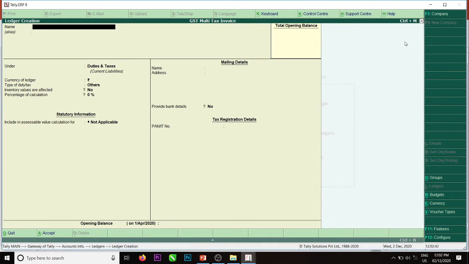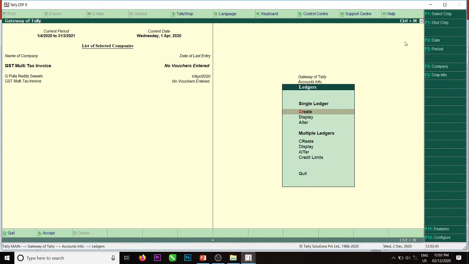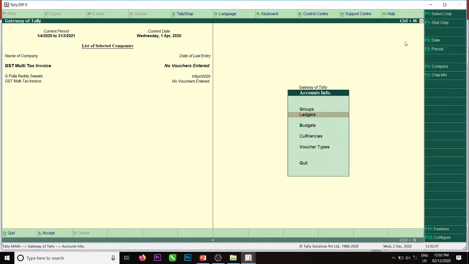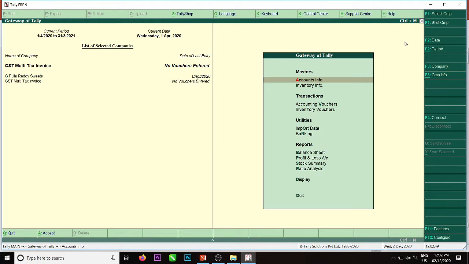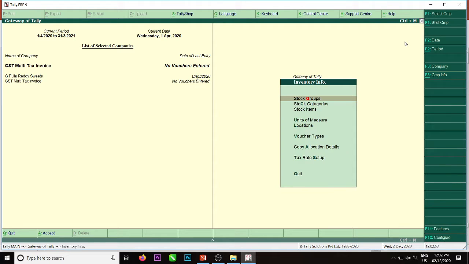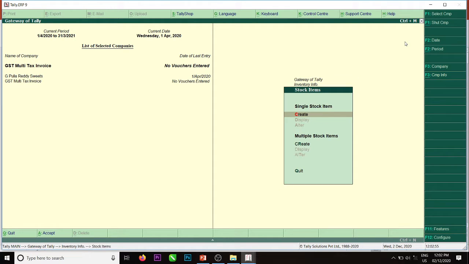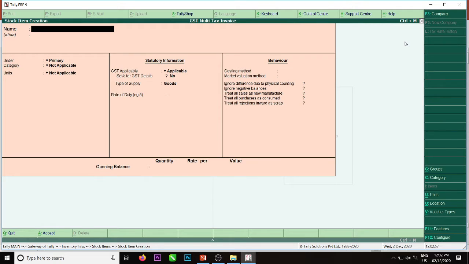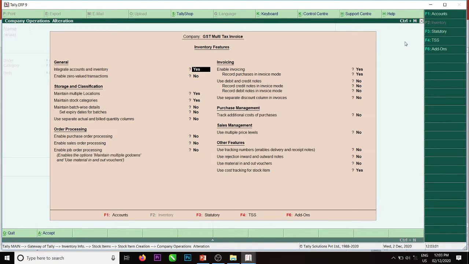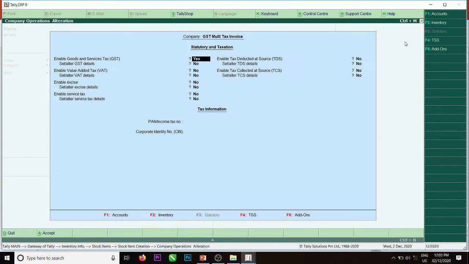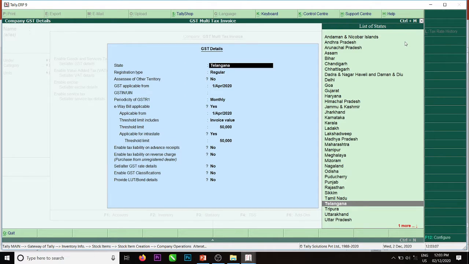Now we will create two stock items. Before the stock items, we will go to inventory info, stock items, create. Before that, we will check these features. F11, F3. See, this second item is not set to yes.